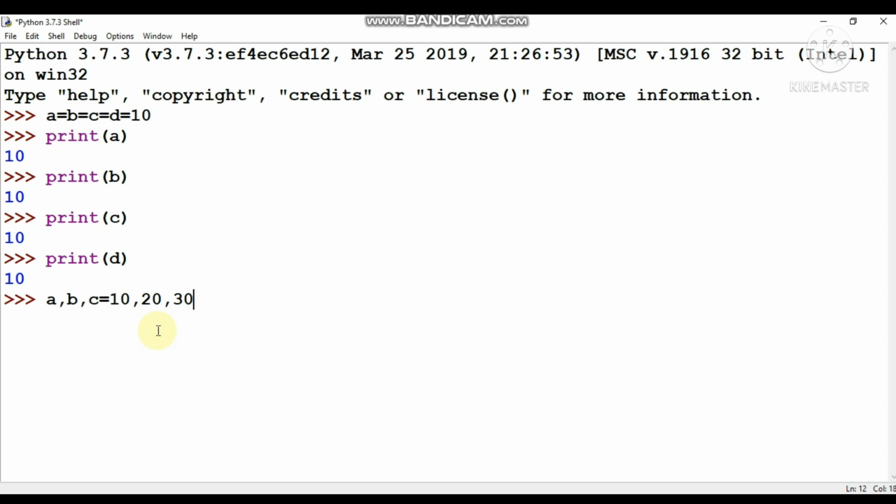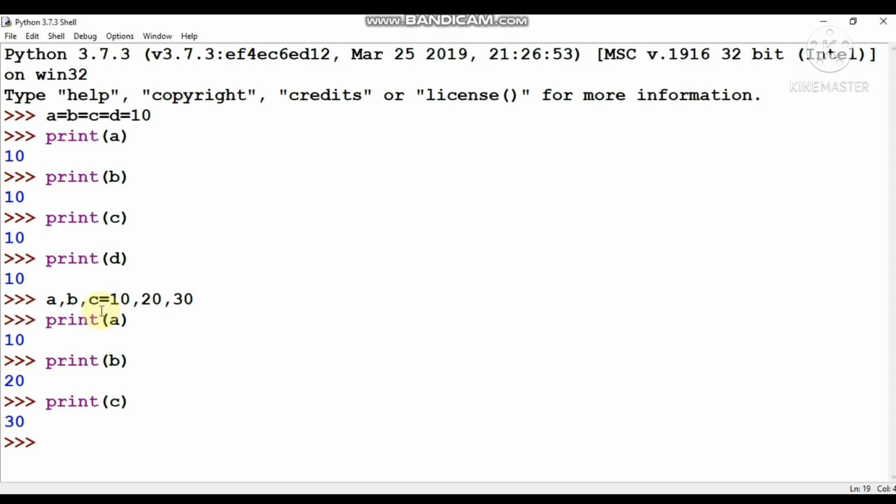In a single statement a, b, c, 10 will go to a, 20 will go to b, and 30 will go to c. When you print a, the value will be 10, print b, the value will be 20, print c, the value will be 30.